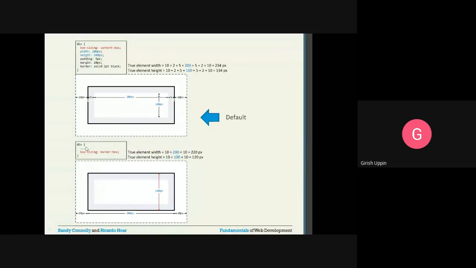Only thing we have changed is box sizing. Instead of a content box we have made it a border box. In this case what would be the width is 10. What is 10? 10 is the margin. So 10 is the margin, that is the distance between the parent element and the element border. Then 200 is the width of the element, and again 10 is the margin, total 220. Similarly the height is calculated.